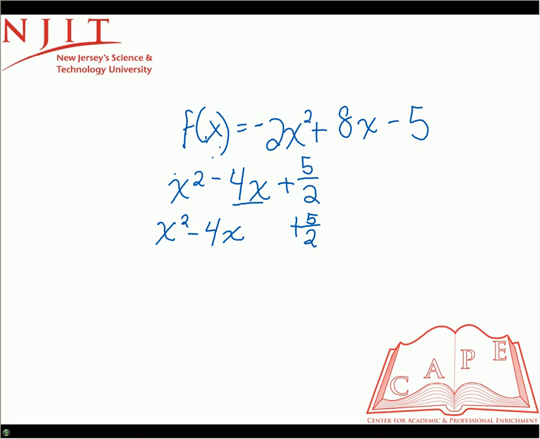Okay, so if we take our negative 4, divide by 2, which is negative 2, negative 2 squared is a positive 4. Positive 4, and don't forget, we have to cancel it out by doing a minus 4 over here. Okay, then what you do is you take the first 3 terms, you group them together, and those first three terms have to be condensed using perfect binomial square. Binomial square in this case would be x plus 2 squared. I'm sorry, x